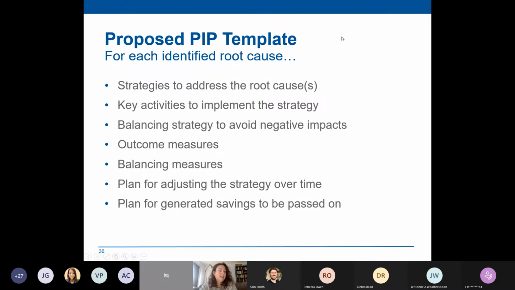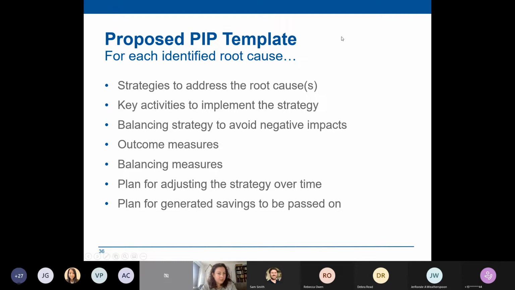So that's all pretty high level. The guidance that we're envisioning would spell this out in a lot more detail. It would provide examples of what we're talking about in this case. A lot of this, again, is coming really strongly from the quality improvement world. So for those of you with quality improvement backgrounds, this should be pretty familiar in terms of language and what we're talking about, especially with the balancing measure concepts and the root causes. Okay, let me stop there.